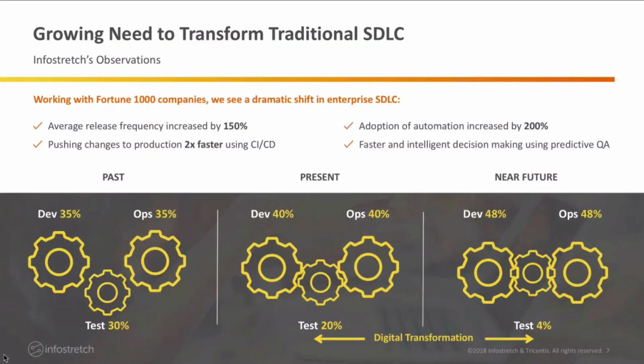Just to recap what I talked about in the last couple of slides: DevOps has become one of the key things. Working with the Fortune 1,000 companies, we see that frequency is one of the key things they want to increase, because time to market has become a top priority for many organizations. To achieve that, DevOps has become key, and the layered automation approach is one of the enablers to achieve the DevOps movement that we are seeing in the industry.